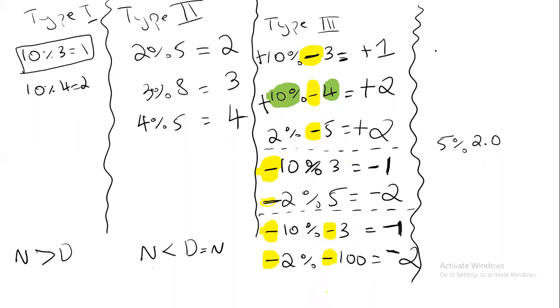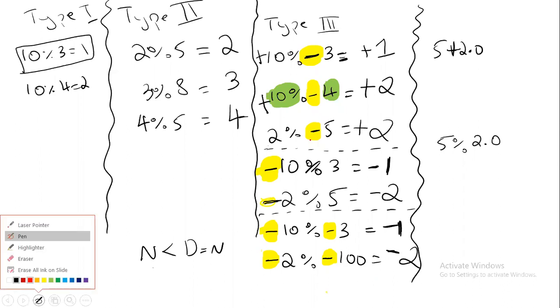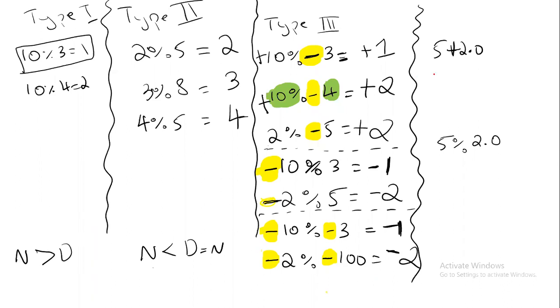can you do 5 plus 2.0? Yes, we can do it, right? What will happen when you do 5 plus 2.0? I told you in yesterday's class, 5 is of what type? 5 is of integer type here. 2.0 is of what type? Let's imagine it is of the float type.